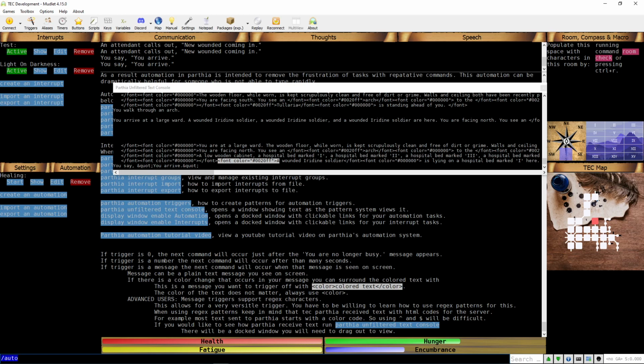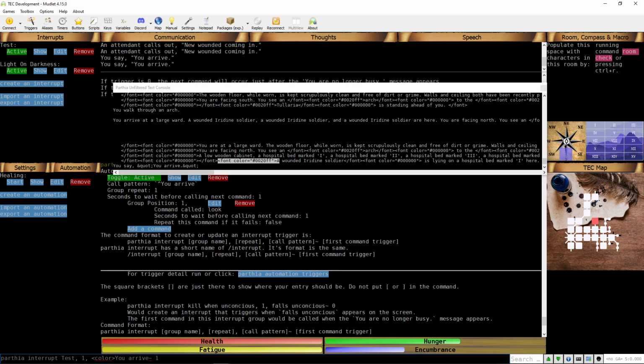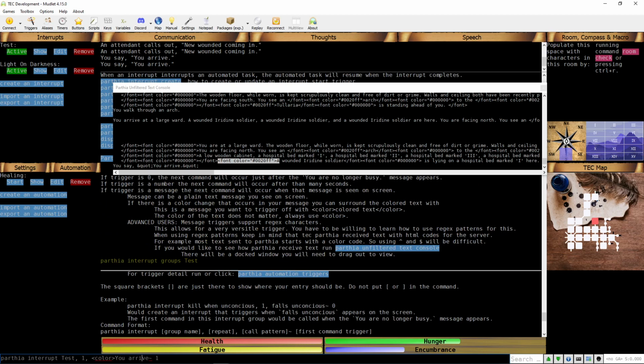when you're going through and you want to make a trigger, if you put color in the trigger, the sequence color, and then when the sequence wants to end, you put in slash color, and say a wounded soldier, what it's going to wind up doing here